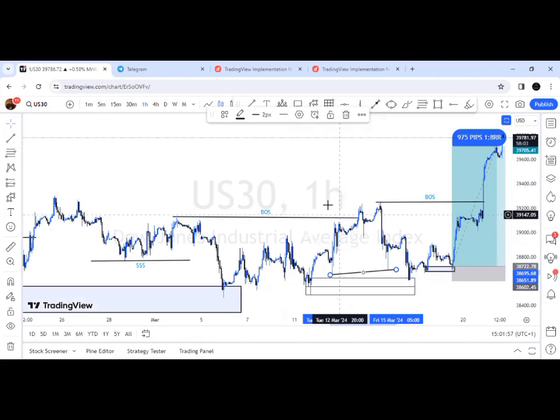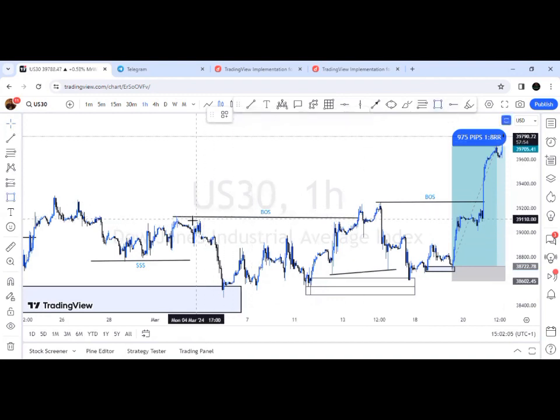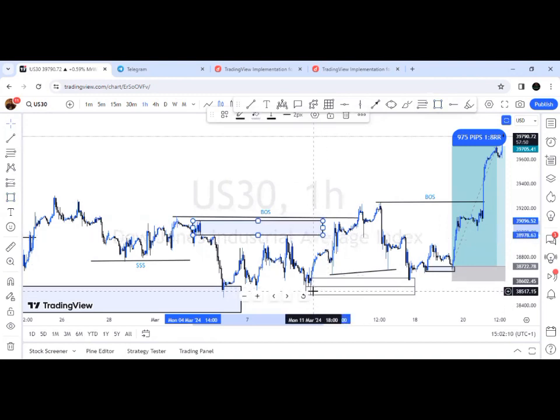So the market broke this structure. That means the demand here has exceeded the supply. This is a supply zone, right? Let me mark it for those that don't know. This is a supply zone. It actually means the demand that came into the market here was excessive. It overpowered the supply that we had here. So we had a break of structure, and price will always return to mitigate. So price returned, took out this liquidity, mitigated this zone, and